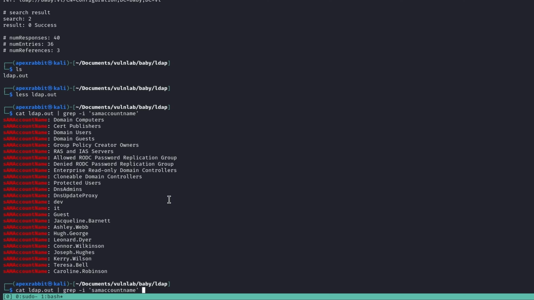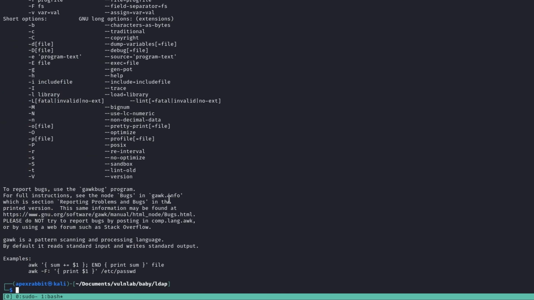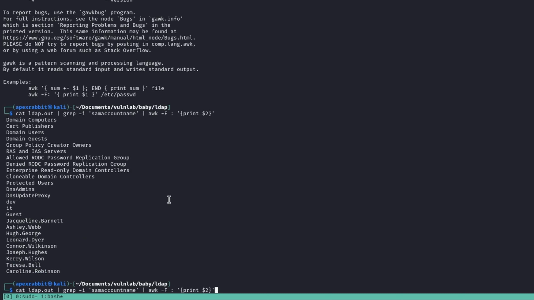So after doing this, I see quite a few SAM account names within there. Now, for my purposes here, I don't want domain controllers, domain users, or any of that, because that is going to be a group, and I'm only looking for users because I'm thinking I may use this to password spray or do some other form of initial access, and I can't password spray groups obviously